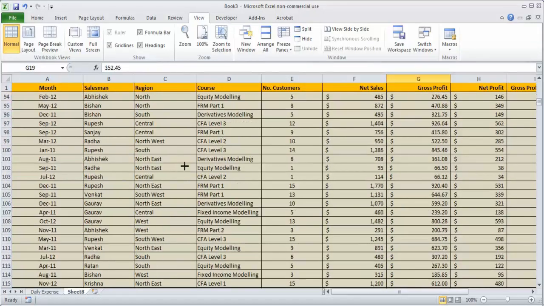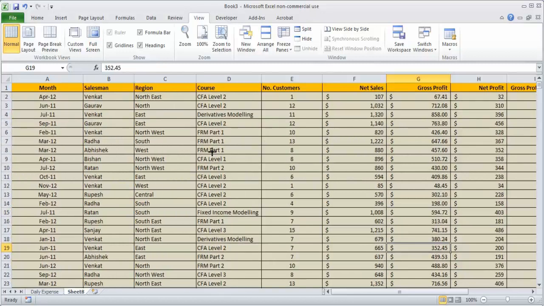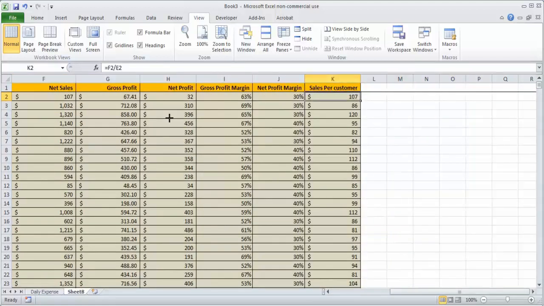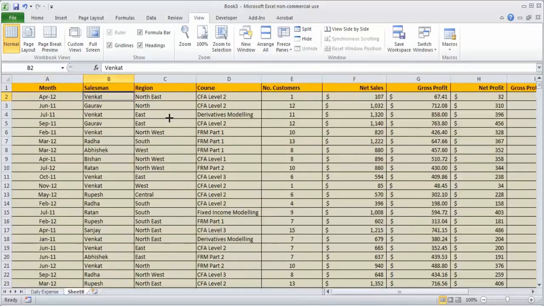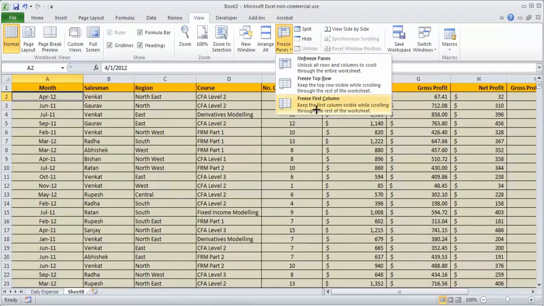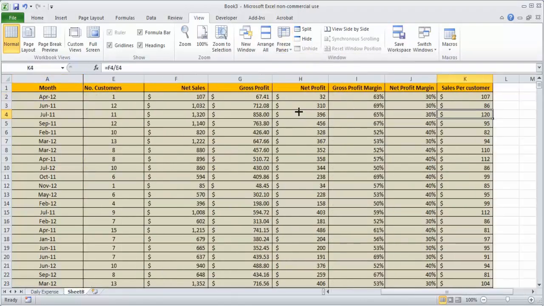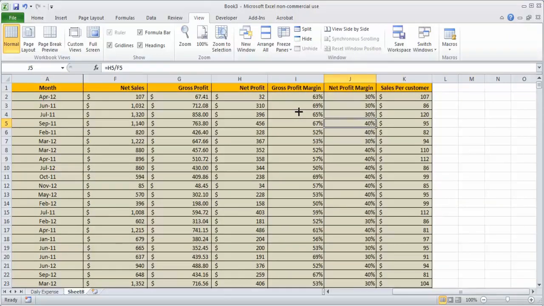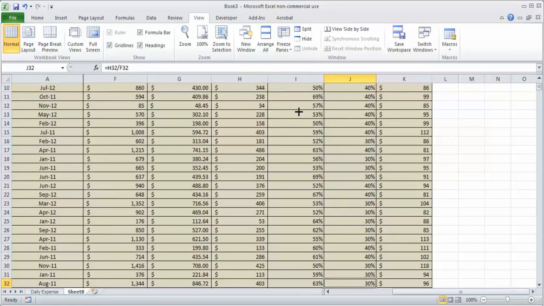So when you scroll, you get all these values. Now the top row is frozen. Now many times you may want to go to the right side and refer to the month, in which month this is happening. But now when you move, the month is gone. So what you can do is freeze the first column. Now when you are going over here, the month is there, but the problem is that when you freeze the first column, the top row is lost. You do not get this. So that is the problem that you have.